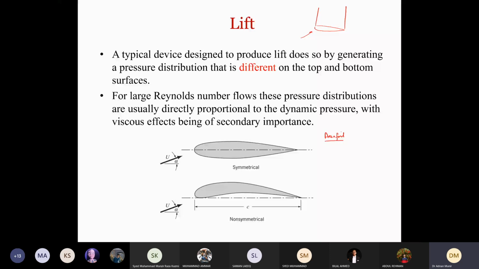So the advantage of using this shape is that it is capable of generating more lift as compared to drag. How does it generate more lift as compared to drag? Because of the shape of this aerofoil. If we increase the angle of attack, in this case you can see that we have a symmetrical aerofoil like this. Why is it symmetrical? If I draw an axis from the middle of this aerofoil, it will divide it into two equal halves.